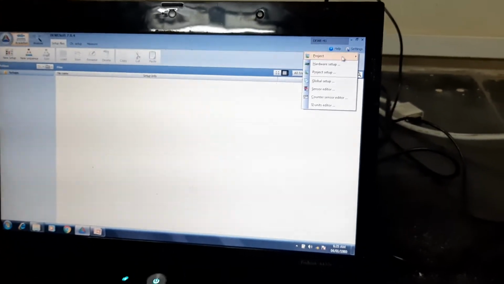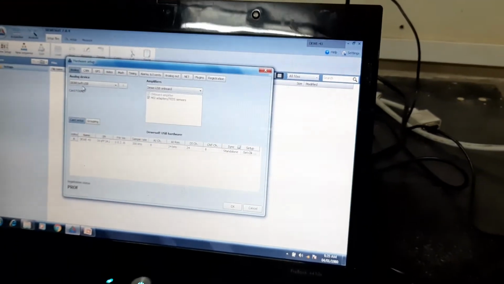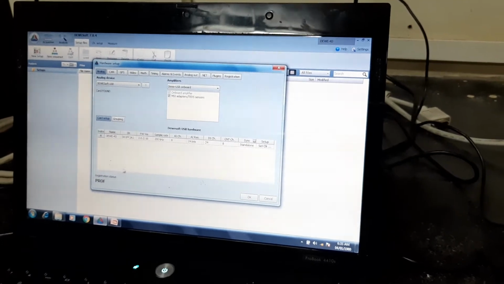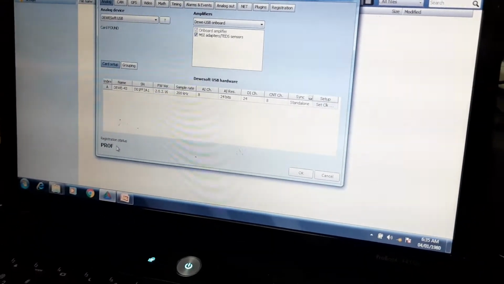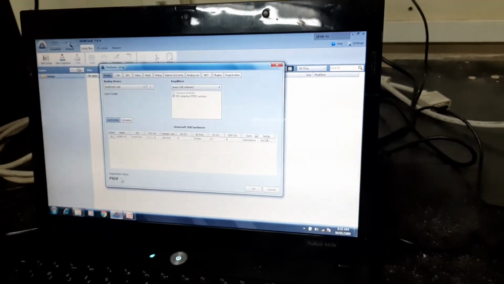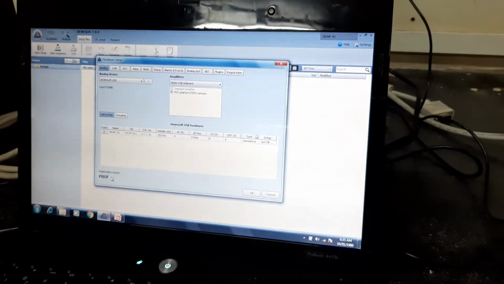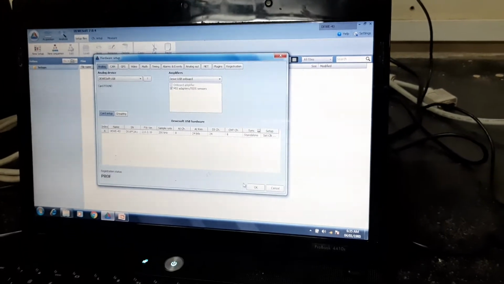Then you have to go to the hardware setting. This is an important thing. For the DEWESoft, you have to keep it as USB. At the same time, if you are finding a green registration status, it means the connection is very good and we can go take the readings. Otherwise, if you are not finding green, some connection has a mistake and you have to rework. Okay, then click on OK.